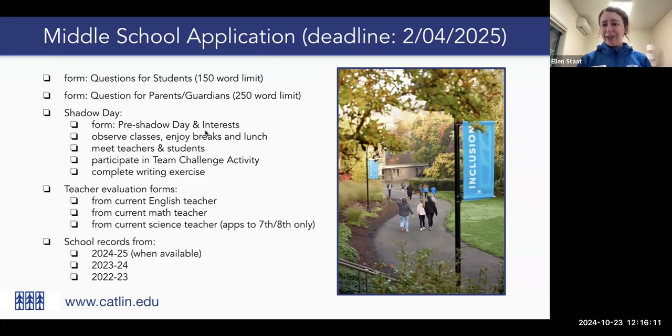We recognize that students are applying halfway through the current school year, so we can have just the first semester of the 24-25 school year, and that is totally fine. And we're also happy to work with you and be in communication about when those records will be available to us, because we know that that February 4th application deadline can sometimes come before certain school records are available. So as long as we're in communication back and forth, we're happy to work with you on that.